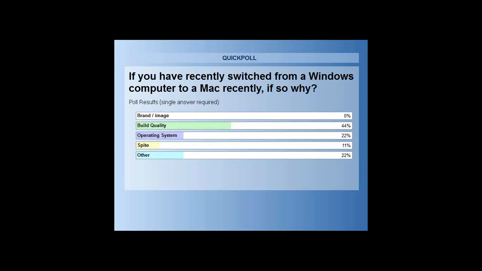Actually, let me just quickly comment on that. In case you weren't aware, according to Microsoft, their Windows 7 licensing allows you to install Windows 7 on any machine running a valid operating system. Traditionally, if you have a Vista machine, the Windows 7 upgrade license covers your upgrade from Vista to 7. It turns out that Microsoft also considers OS X to be a valid operating system. So if you purchase a MacBook Air and you want to run Windows on it because you like the build quality, or you have an office where people want to use different operating systems and you just want to standardize on one hardware,